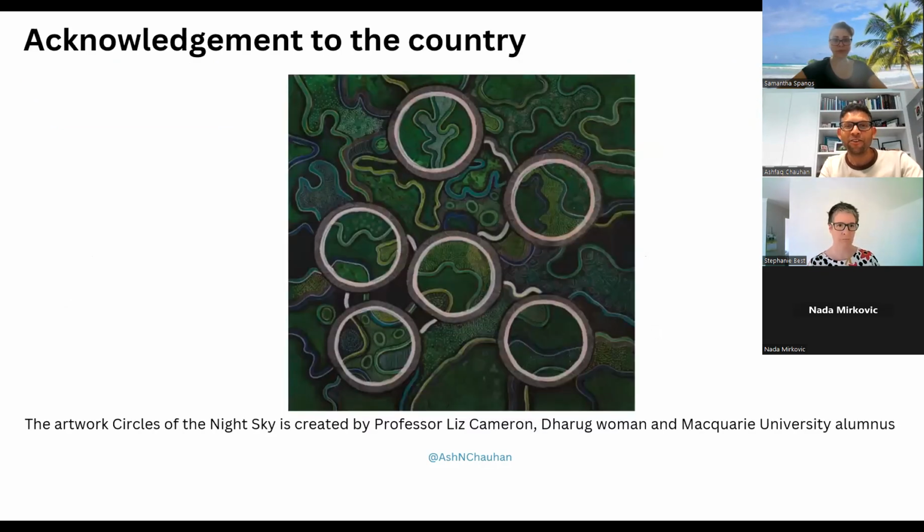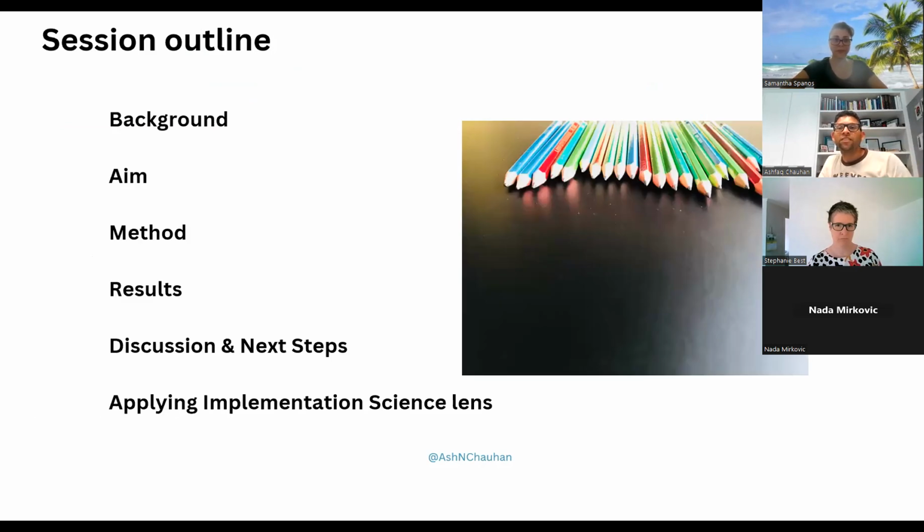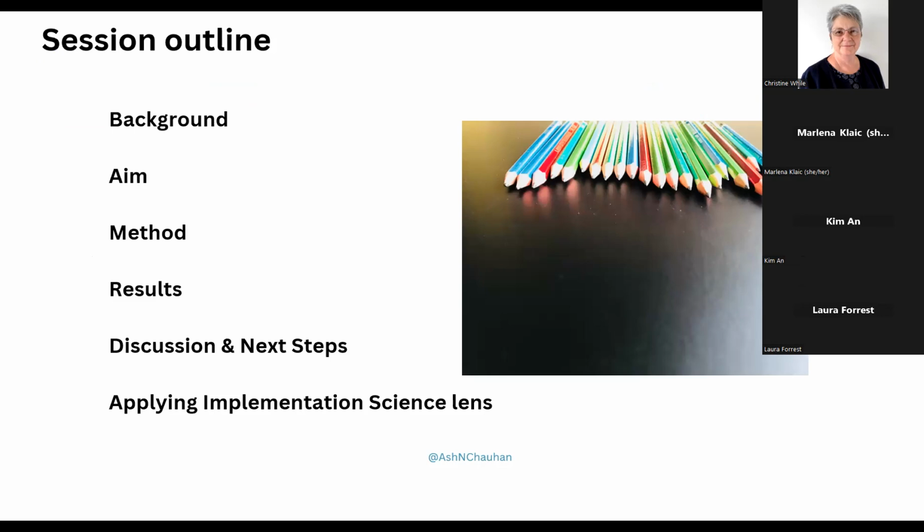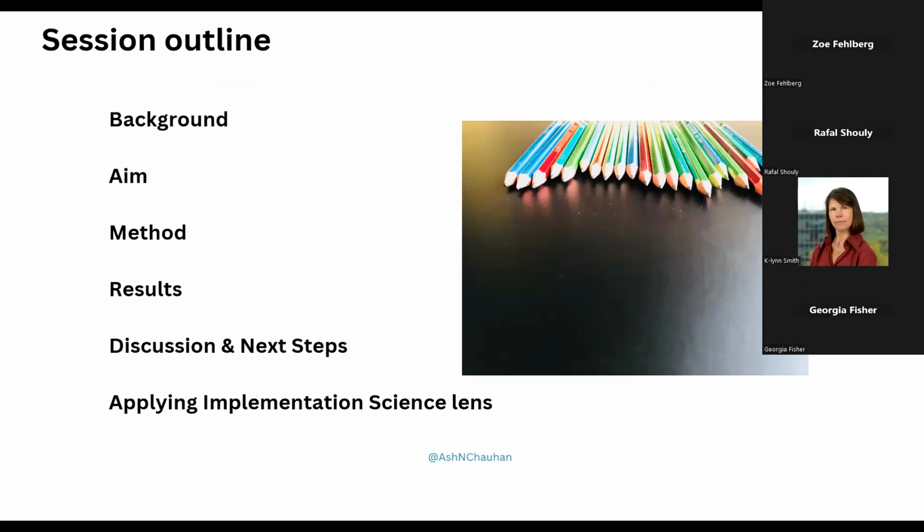We did the acknowledgement of country, so I will skip to the next slide. What is the session outline for today? I will start with the background that formed this co-design work, what our aim was in conducting this co-design, how we went about it, and what came out at the end.